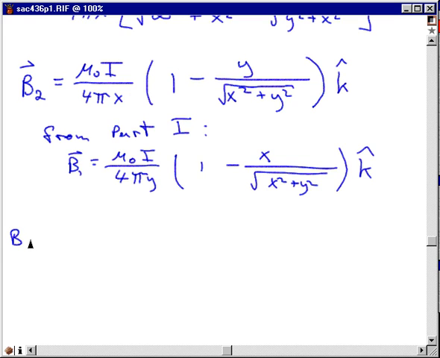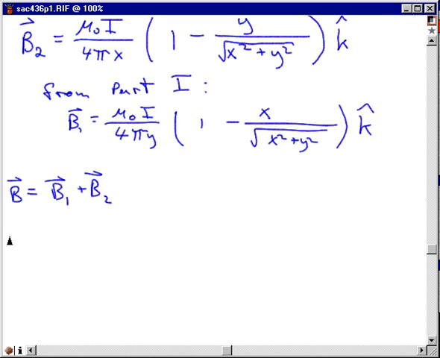So B is the sum of those two. And therefore B is, go factor out the mu 0 I over 4 pi,